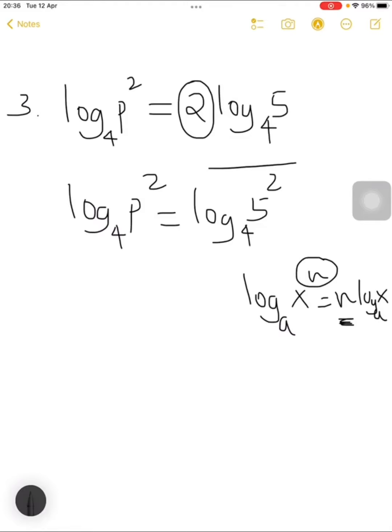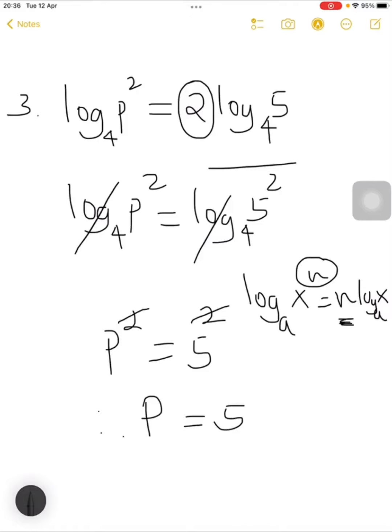This one is the same as this. Log base 4 is the same. And therefore we remain with p squared is equals to 5 squared. The square and the square are the same, and therefore p is equals to 5. As simple as that. Example number 4. For example number 4, we have log